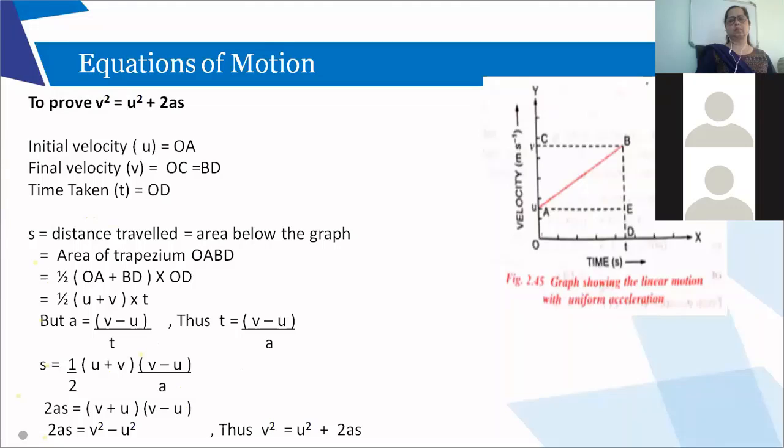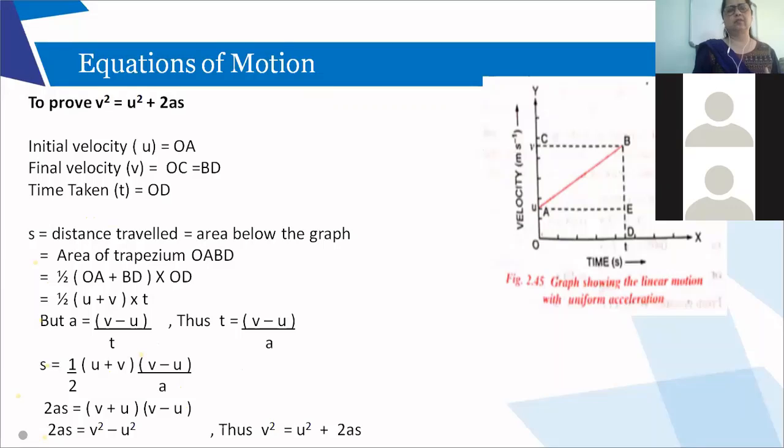Ma'am, but why can't we divide? I'm telling you, we can't divide because each and every derivation has a different way to go about it. For the second equation, when I had to derive, I had to divide it because I was trying to prove something else. And here, I'm trying to prove an entirely different concept. So I have to use the full area. Do not divide it, right? Okay, ma'am, fine. So we will use the full area. Just remember that. For the second equation, divide it. For the third equation, do not divide.